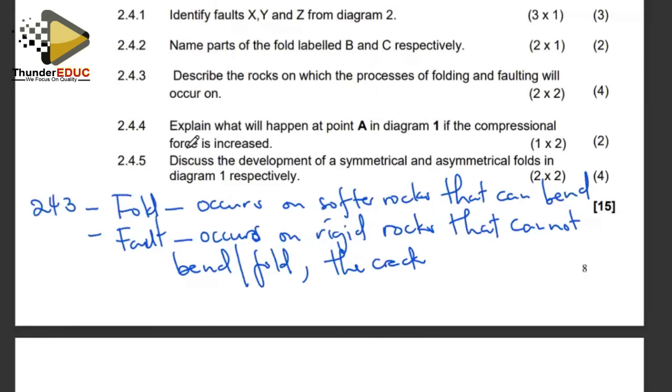So those ones are the ones that fold. So basically, if you check those two dimensions, it relates us to that fact that rocks have got different properties. And for that sake, we tend to find that some rocks tend to fold if they're exposed to pressure, and some of them tend to crack, develop cracks and break, that is faulting. Right, we move on to question number